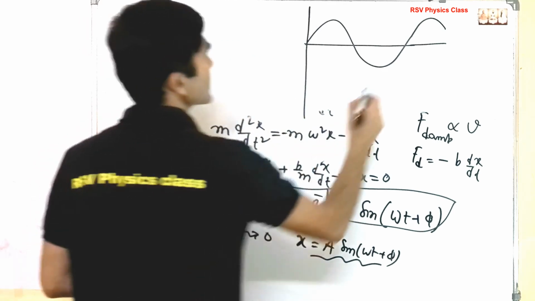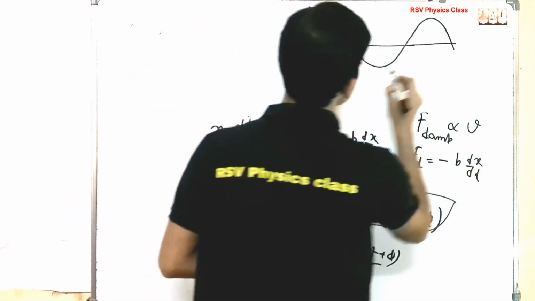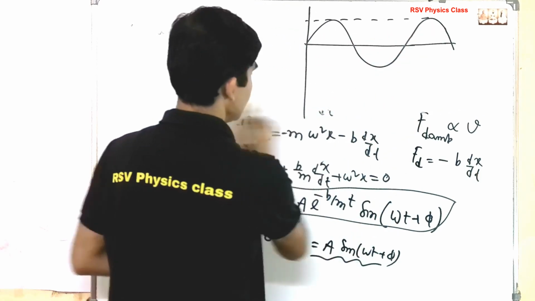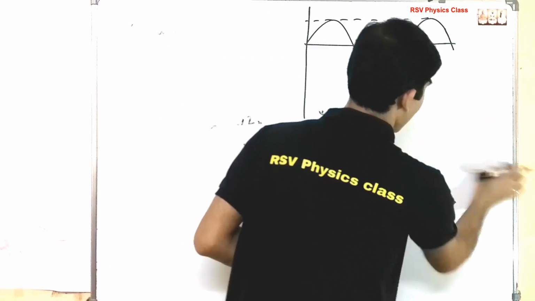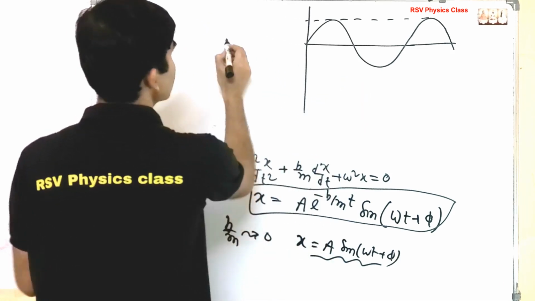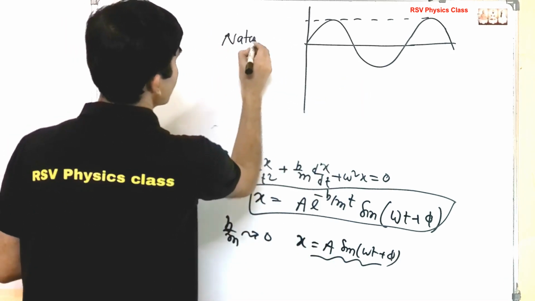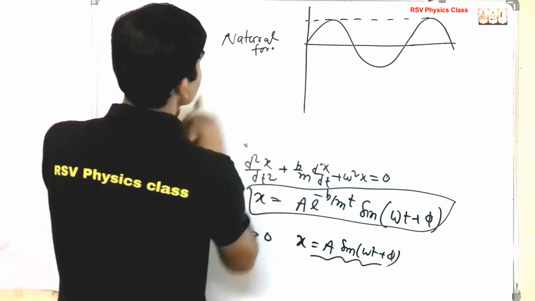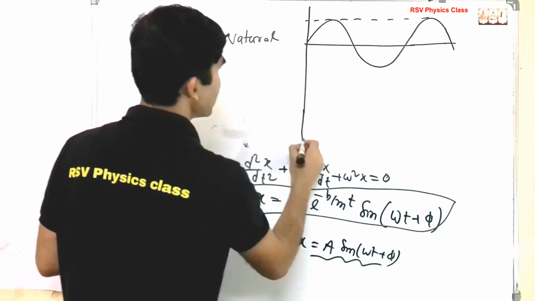This is the oscillation, okay. So x equal to this, and here this is natural oscillation, when there is no damping force. So natural oscillation. For damping case